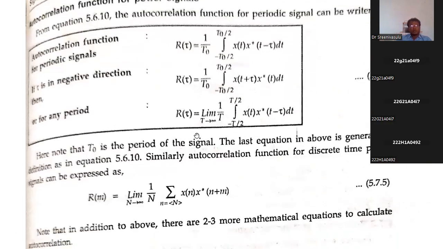Now you see the overall conclusion, the formulas of autocorrelation. Suppose you apply for periodic signals, autocorrelation for periodic signals. Periodic signal means there must be some fundamental period. The fundamental period is minus T naught by 2 to plus T naught by 2. That interval is T naught. So 1 by T naught, integral from minus T naught by 2 to plus T naught by 2. One signal is x of t fixed, another signal is delayed or advanced. The concept we applied for complex signals, you can write with the complex conjugate. Suppose it is a real valued signal, no issue with that. So that is the formula of autocorrelation for periodic power signals.